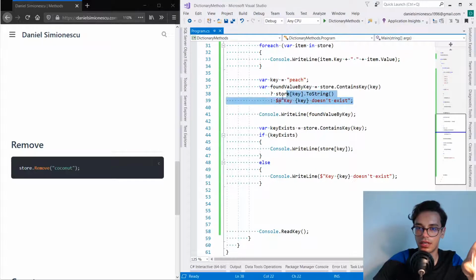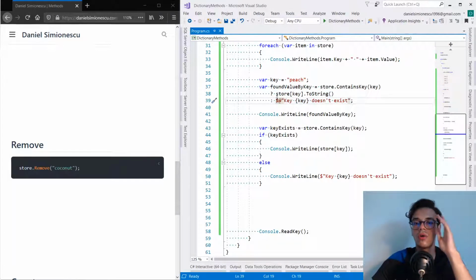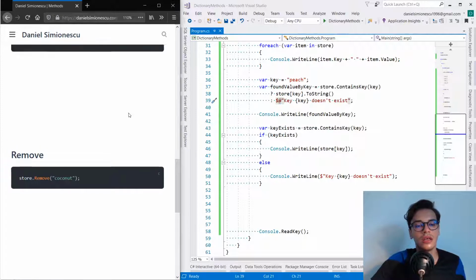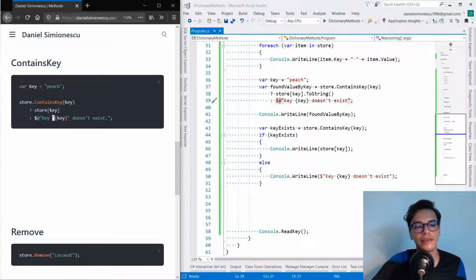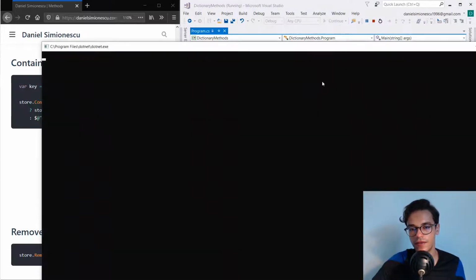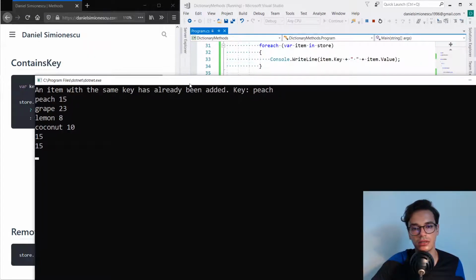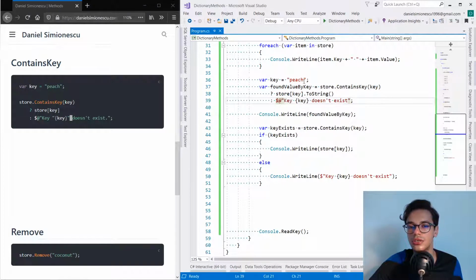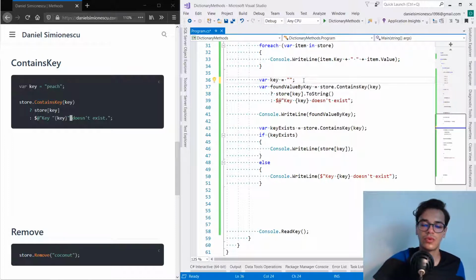You can also use the ternary operator. Also, what I forgot to show you is the ampersand sign. I use this ampersand sign, but you can see that inside here I have an extra pair of quotation marks because I want, instead of displaying the message, yeah, that didn't work. Let me try to close that one. I want to display this message. What should I do? Let's change the key. Instead of that one, I want another fruit, I don't know, cherry. And if I save it and run it again,